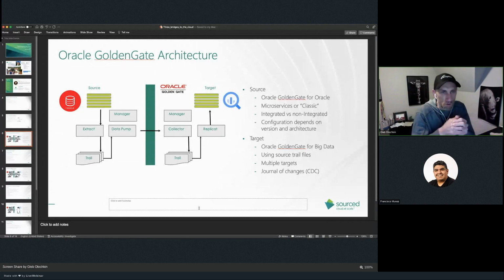We all know Oracle database generates redo logs and they transform to archive logs, and all changes in the Oracle database are written down to redo logs. As a matter of fact, they are written down to redo logs before they can even be committed.